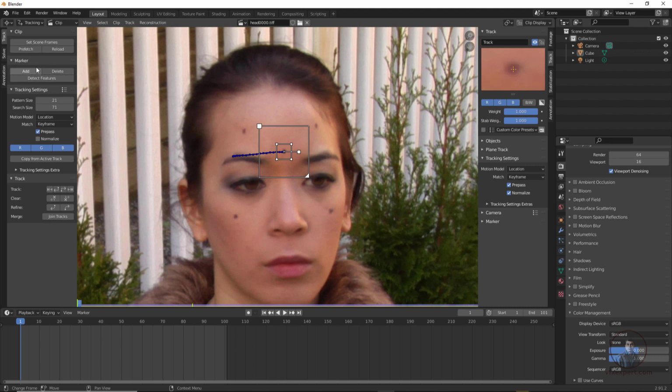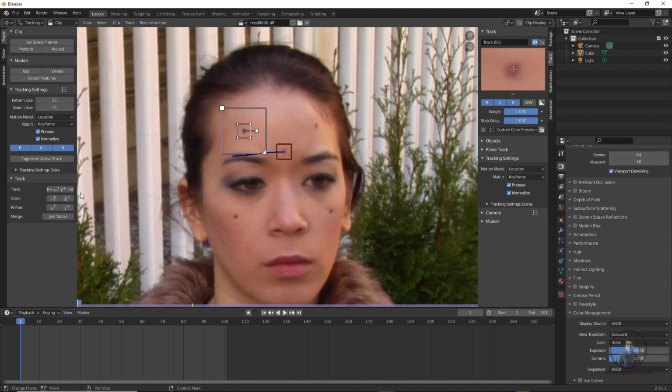So here on the left side, you will see in our tracking settings option, if you want you can also enable it from here. Just enable this one. Then again just create another tracker. Hold Control and simply click it here. Then just adjust from here. Now press S, so you can adjust the pattern size here, and this is our pattern area.